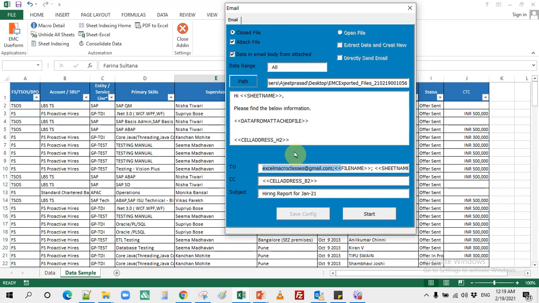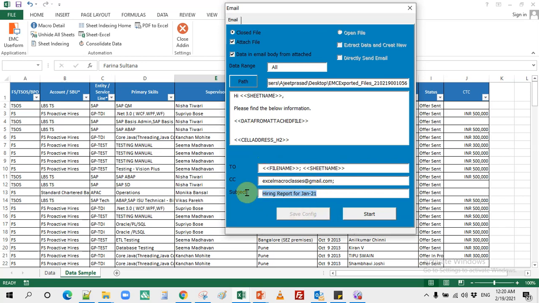So let me move this thing with Control X and I'll paste it here. Okay, so suppose these names are constant and I don't want to change them. If you want to add any more names, you can add them. Oh, this got deleted. Otherwise, it will not make sense.